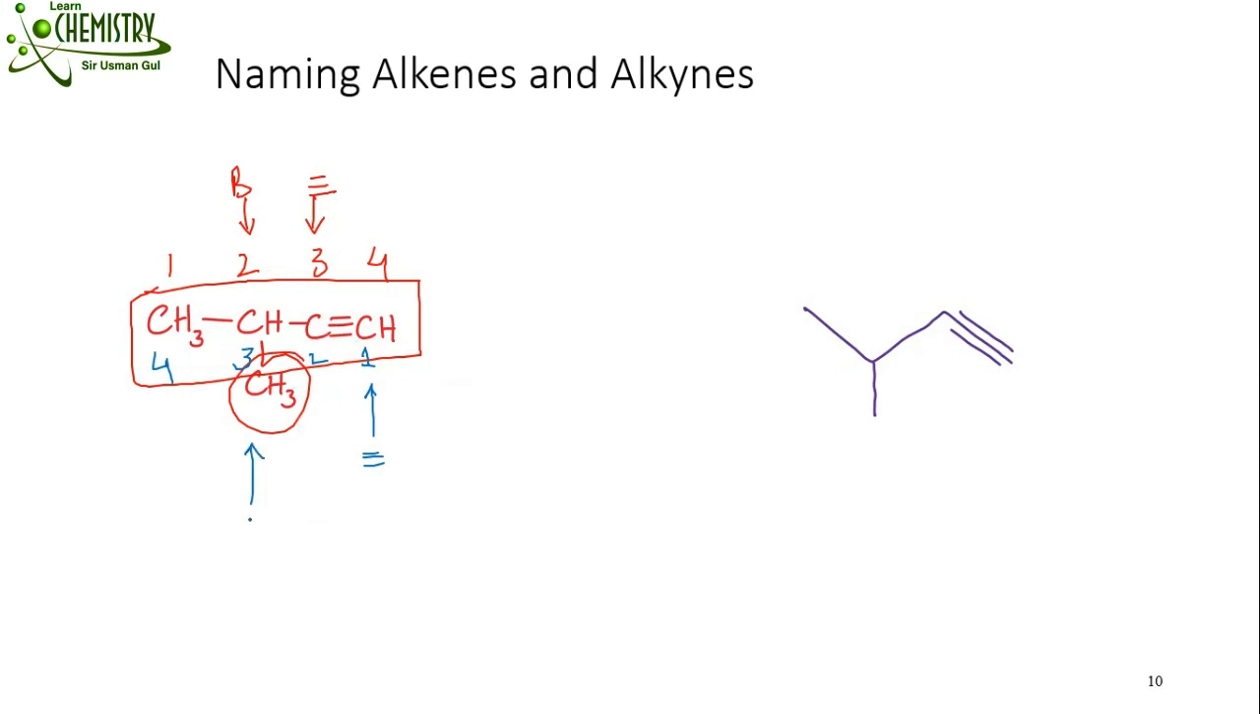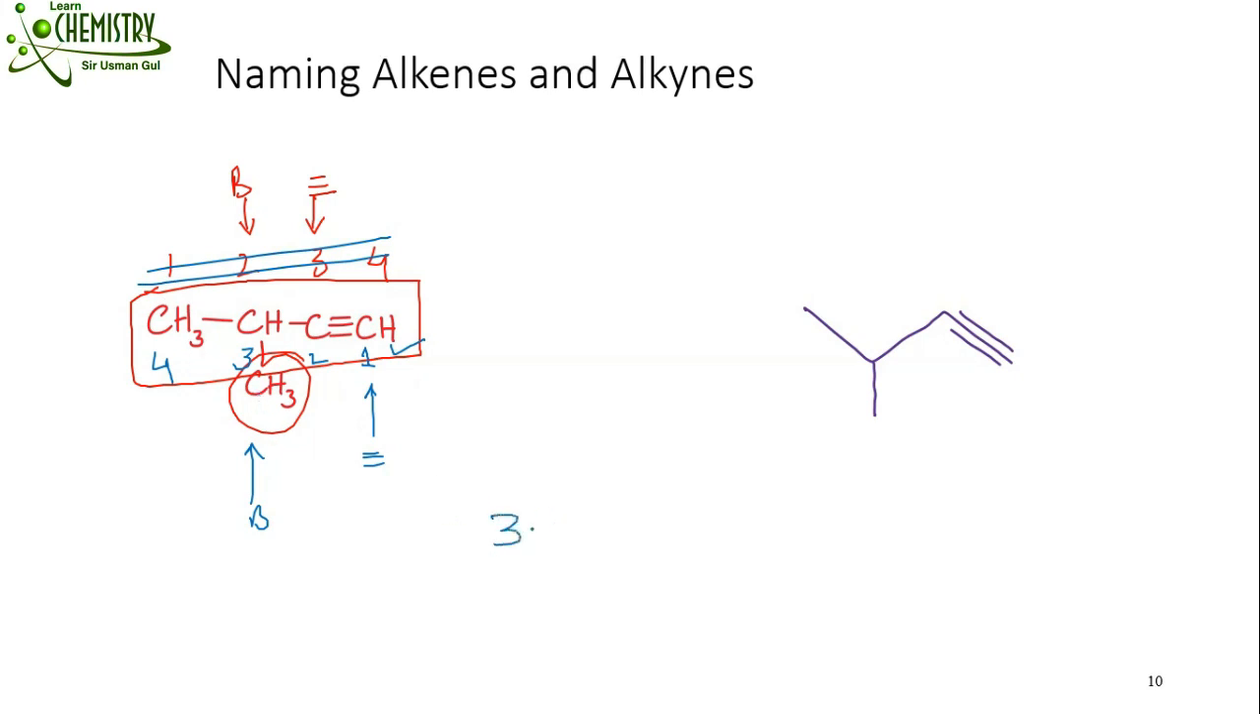Now you can see this branch is on carbon number 3. Remember that whenever the branch is far but the main group is near, I will prefer the main group but not the branch. So this numbering is not correct. I will follow this numbering. According to this numbering, the branch is on carbon number 3, so I will